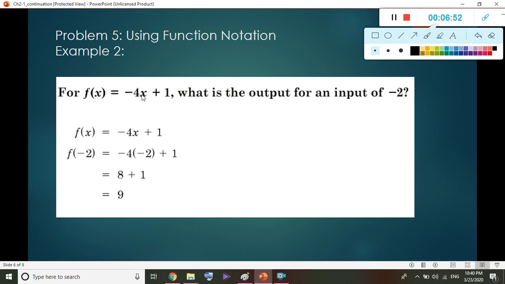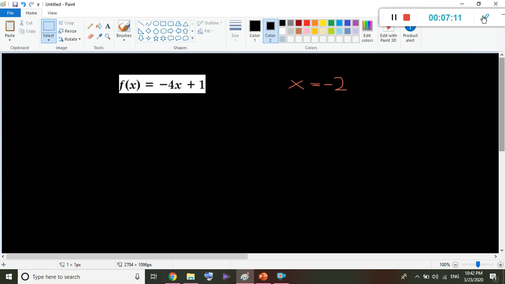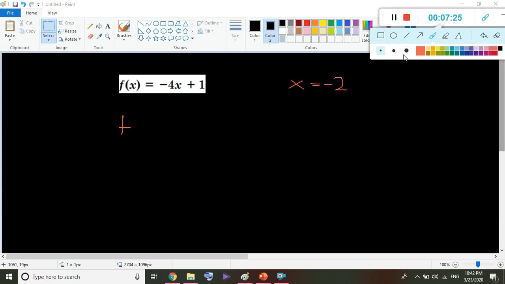For f of x equals negative 4x plus 1, what is the output for an input of negative 2? So they're asking, what's the output when we have an input of negative 2. So now let's start solving. We're just going to substitute negative 2 instead of x here, so it's going to be f of, let me just write it properly here. F of negative 2